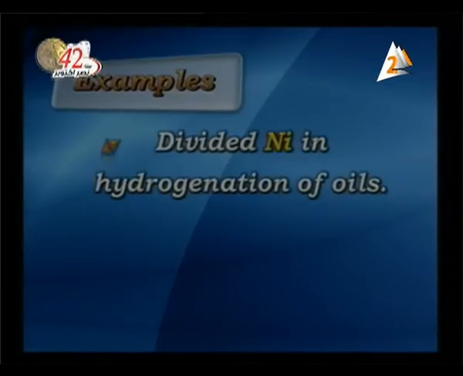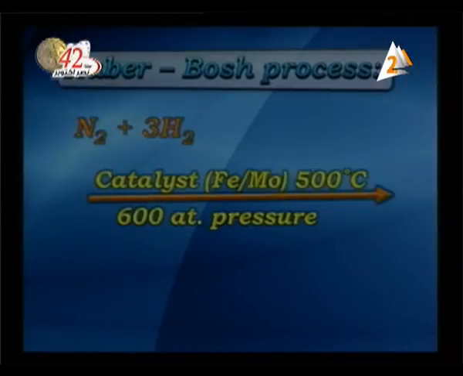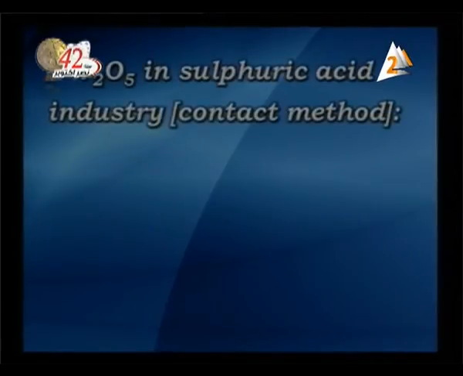So, my dear students, here are some examples of catalysts in chemical reactions. Divided nickel in hydrogenation of oil; divided iron in ammonia formation, as in the Haber-Bosch process, where nitrogen gas and hydrogen gas react in the presence of iron or molybdenum catalyst at 500 degrees Celsius and 600 atmospheric pressure, giving ammonia gas. And the next example is vanadium